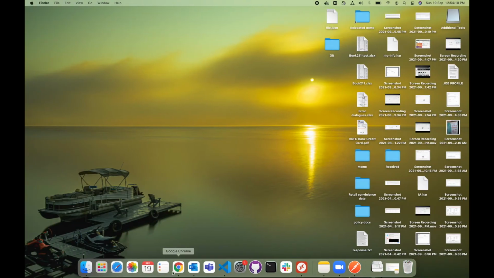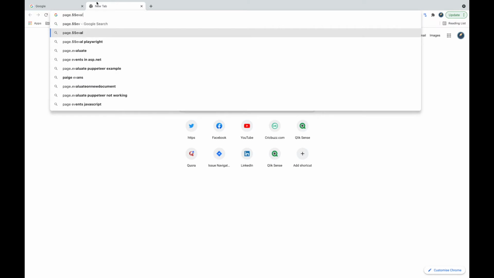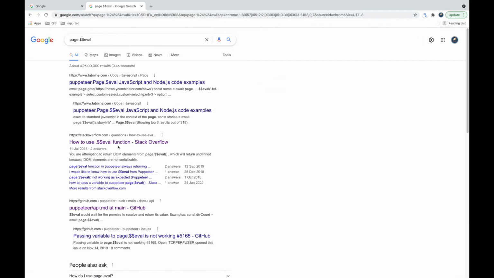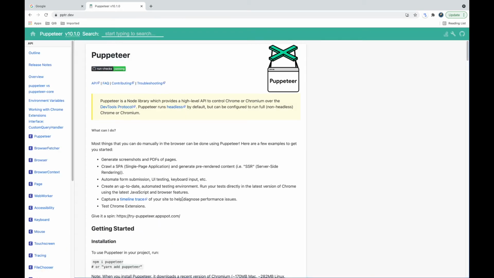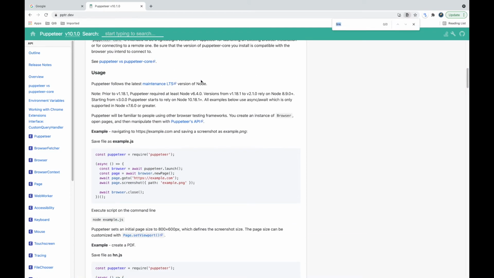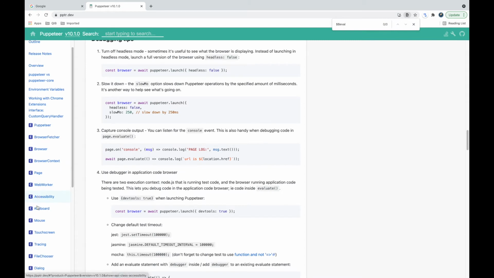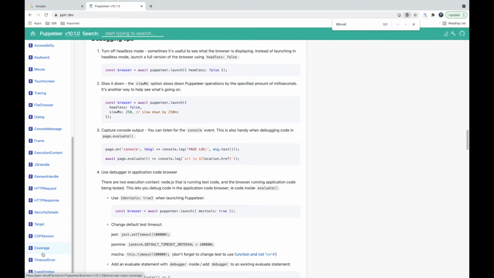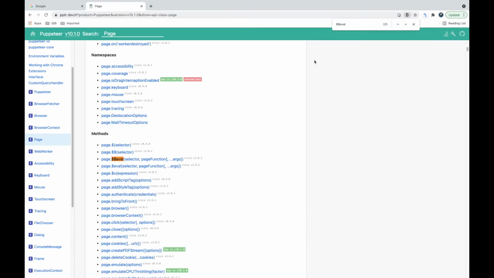So if we search for this, first page.$eval in our documentation, where is the page class? So here we have it.